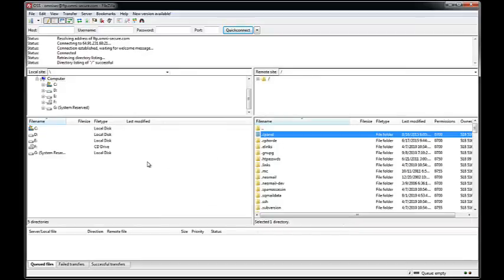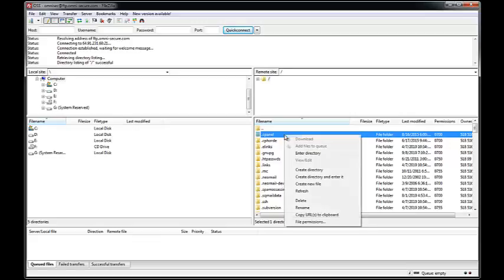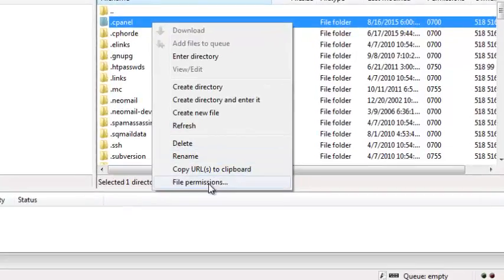Now, you already know the left side of this is going to show all the folders on your PC. So let's assume you're installing a web script, a PHP script, on your server. You've already uploaded the actual folder. Let's assume this is the folder right here. You're going to go inside of it, and the last step is simply to set the permissions on certain folders, maybe 3 or 4 folders. That's about it. All you're going to do at that point is right-click on the folder and click file permissions,